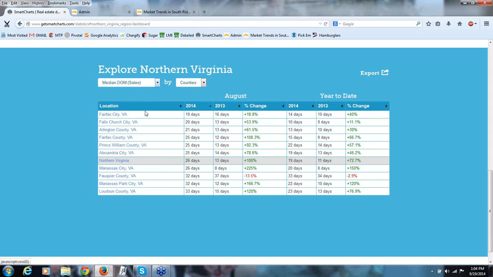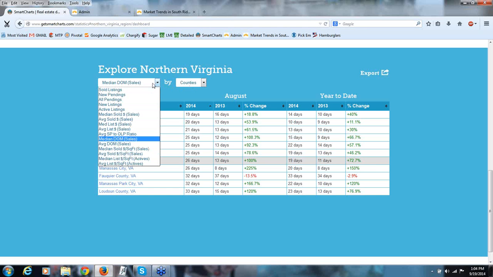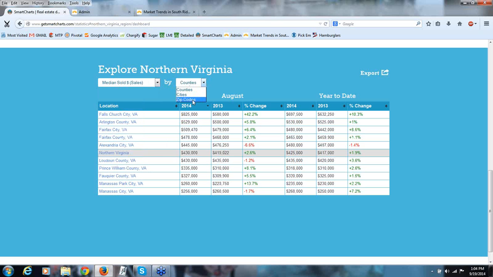So let's just look at median days on market. Median days on market in Nova is 19 days. It's higher than last year's year-to-date of 11 days. Here I can see that in August we're starting to see days on market pick up a bit more significantly than we had been, and that's partially because the market's becoming more balanced. But the thing that we used here is we switched back to median sales price, and we can see this